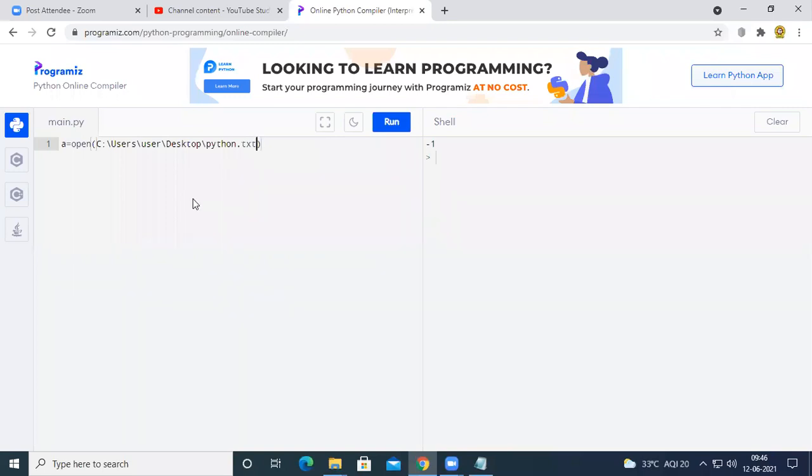So now the Python compiler is very clear. We are not just giving Python. It does not know where that Python is located in the computer system. Now we are mentioning that this Python is a text file, .txt. Whenever we say txt, Python will understand that it is a text file. So Python is a text file, and it was in desktop, where the desktop was in user, where the user was in users, where the users was in C drive. Now the Python compiler will completely know the exact location of the file.